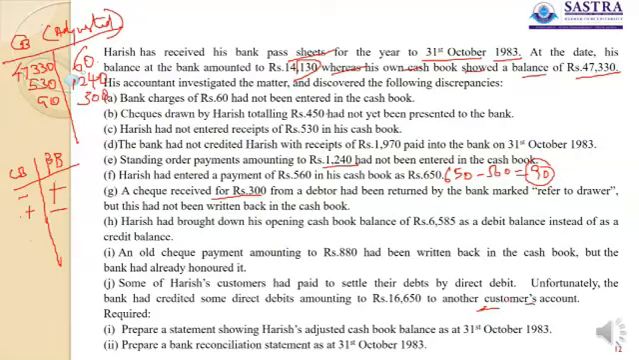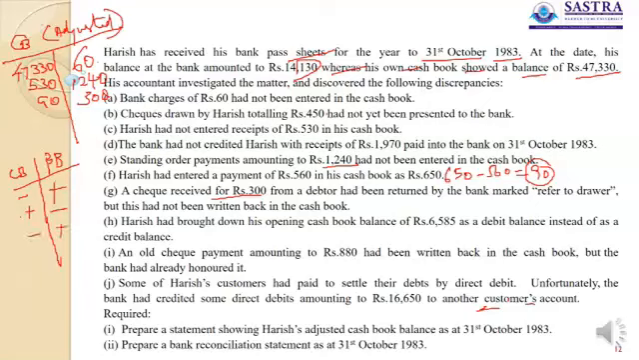And Harish had brought down his opening cash book balance of 6585 as a debit balance instead of as a credit balance. He should have brought it in as the credit balance, but he has done it as a debit balance. Okay, we'll see to it. An old check payment amounting to rupees 880 had been written back in the cash book, but the bank had already dishonored it. So the payment check might be entered